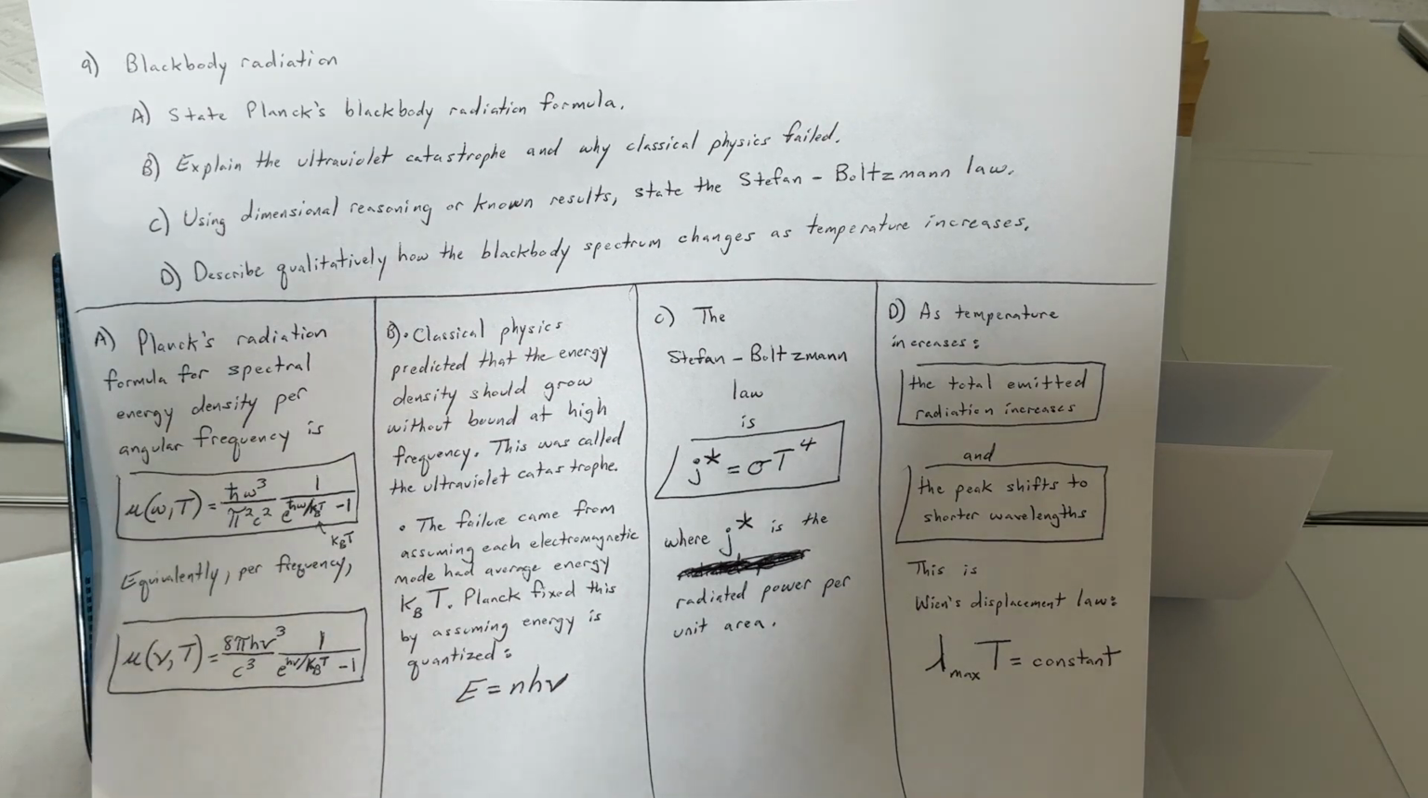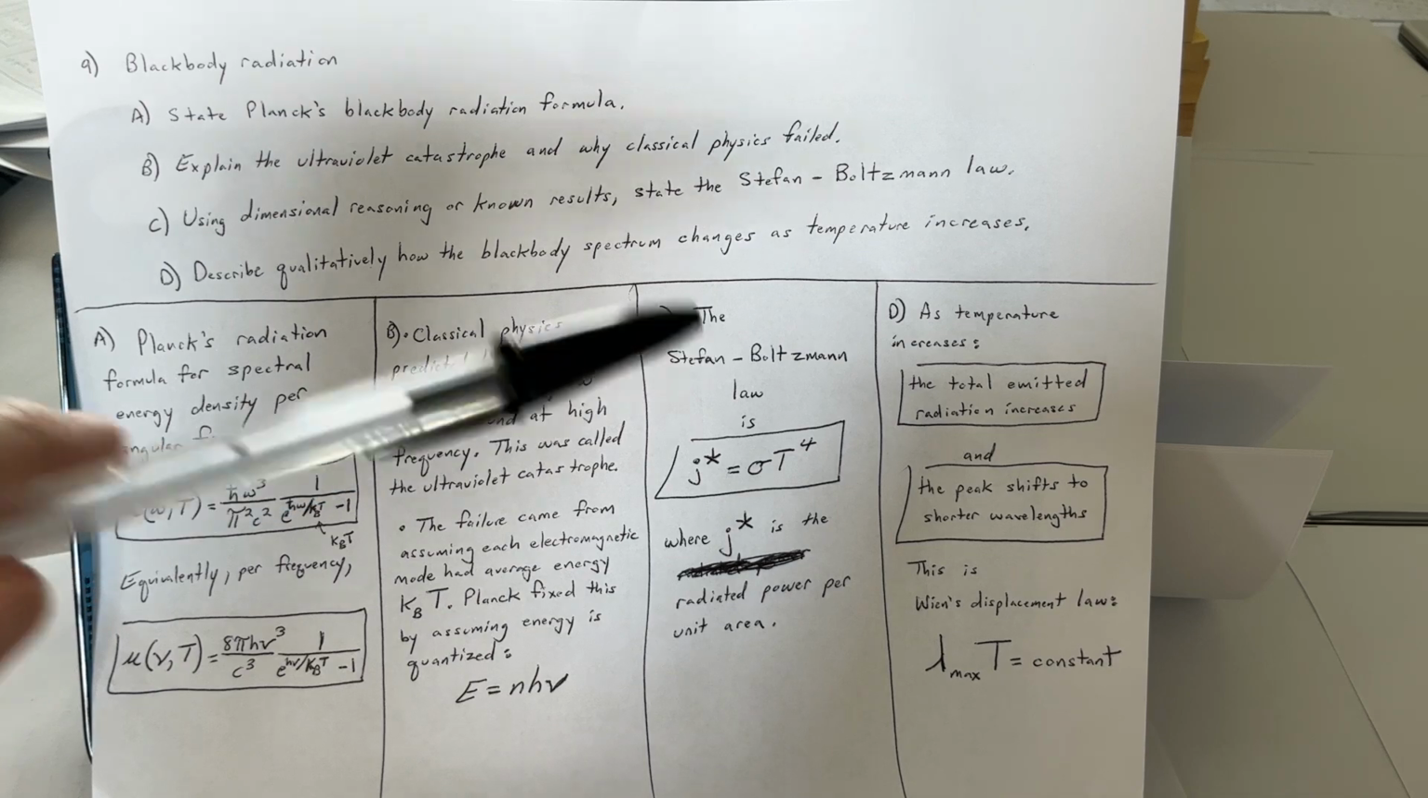The failure came from assuming each electromagnetic mode had average energy k_B T, and Planck fixed this by assuming energy is quantized. E equals n times h times the frequency, nu, and c,